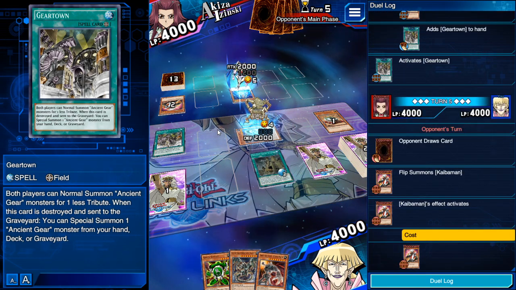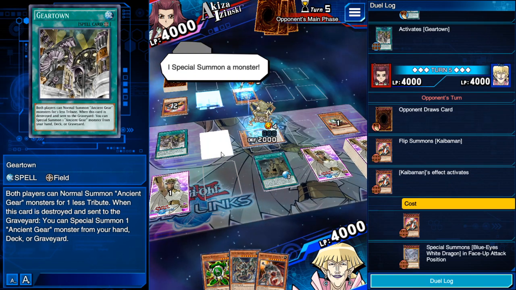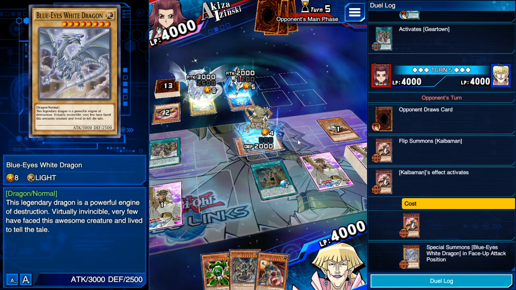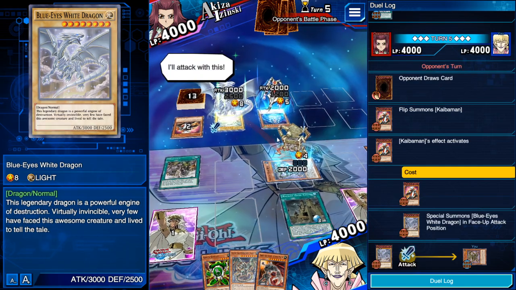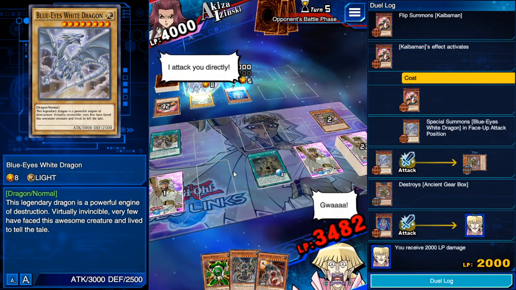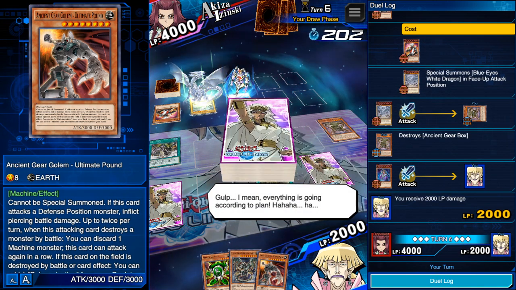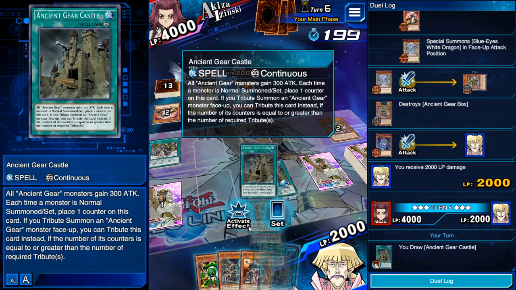Called it, and then he's either going to use Blue Eyes to destroy my Ancient Gearbox, then use the Tricky to do 2,000 damage to me. Next turn, I can use Iron Call to special summon my Ancient Gearbox and use it as the tribute for Ultimate Ancient Gear Golem, Ultimate Pound. But first things first, what we're going to do